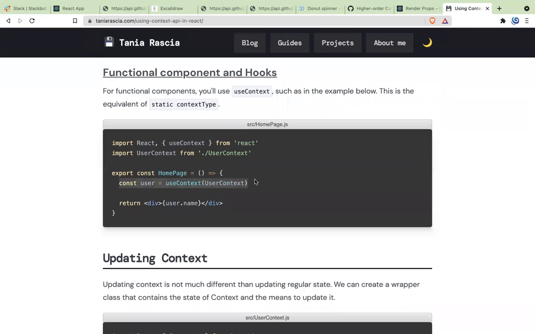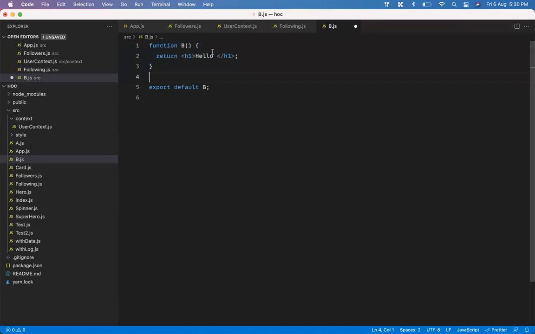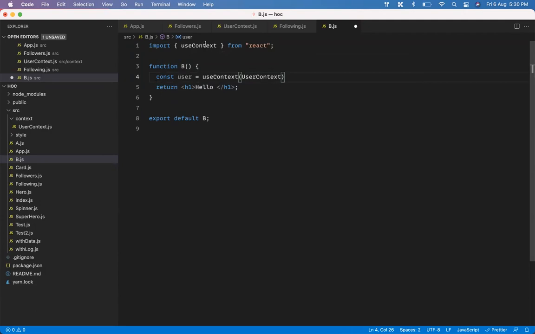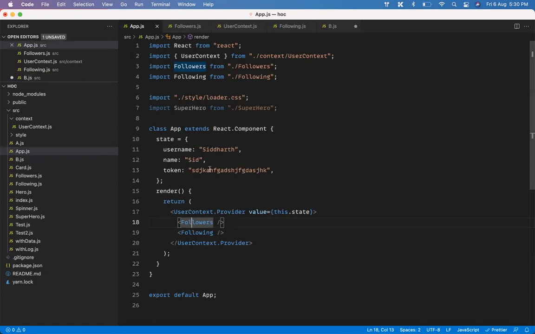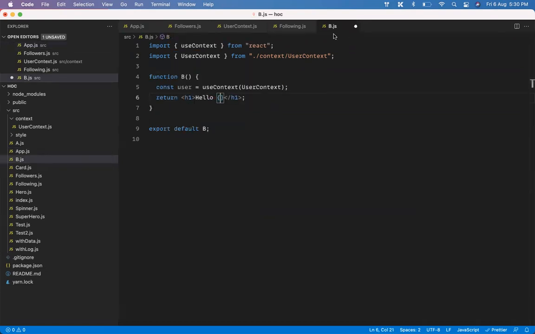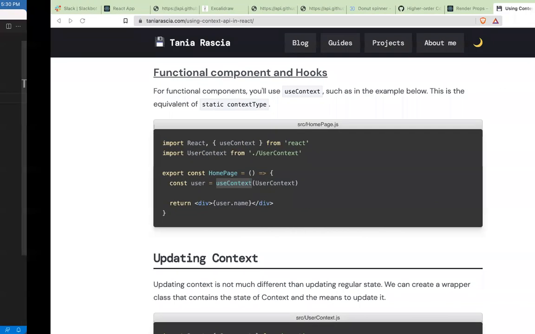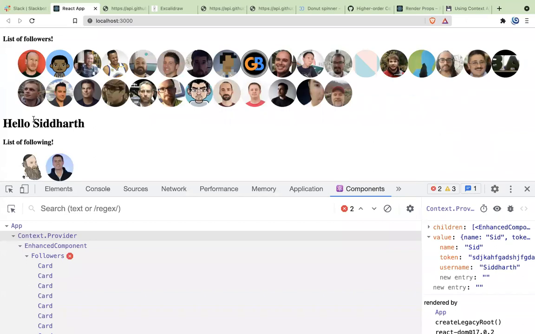So inside the function, you can just do it like this. You just have to use a special thing called useContext. So I'll import useContext from React, and then which context you want to use. This is UserContext, so I'll import that from there. This is user. This user will have that information that we put in using the provider. So this provider is going to have a value of username. So let's call it user.username. Now, when you go back to your UI, what you will see is Siddharth.